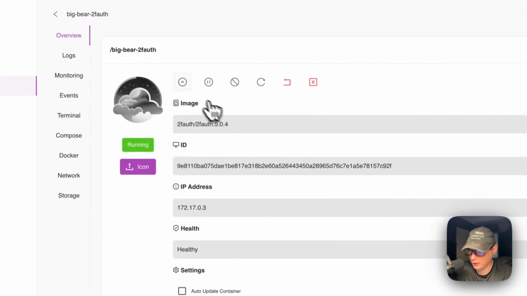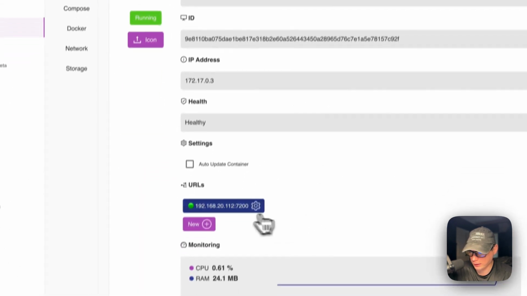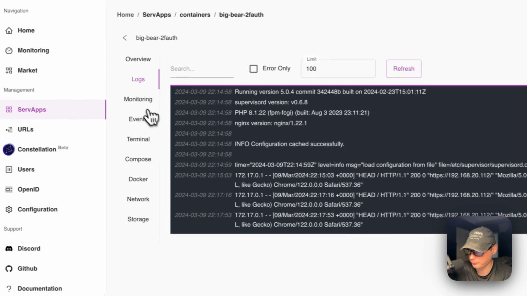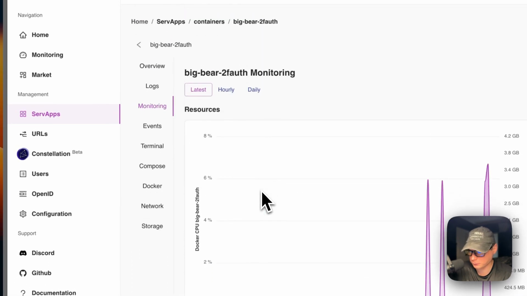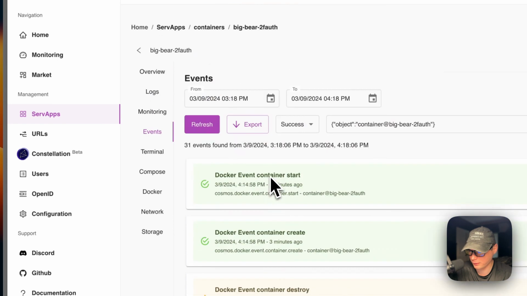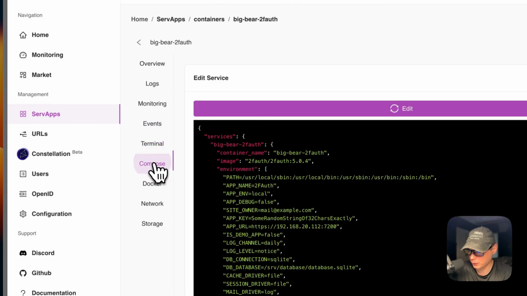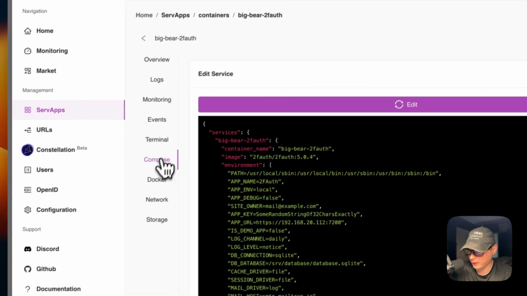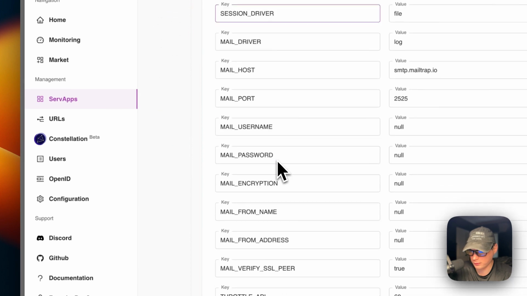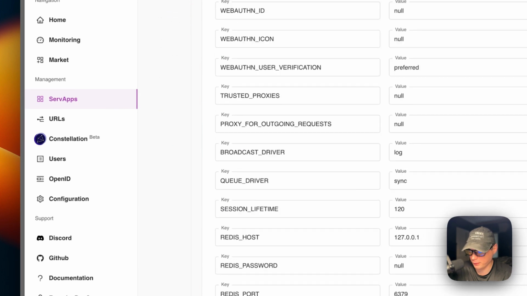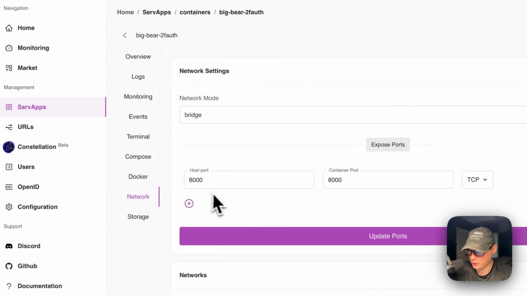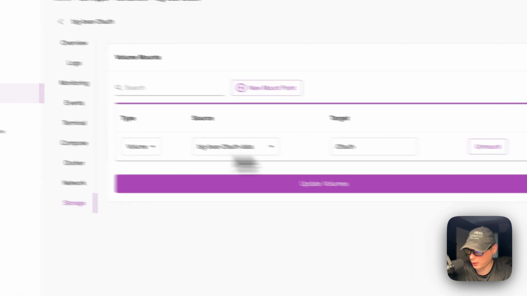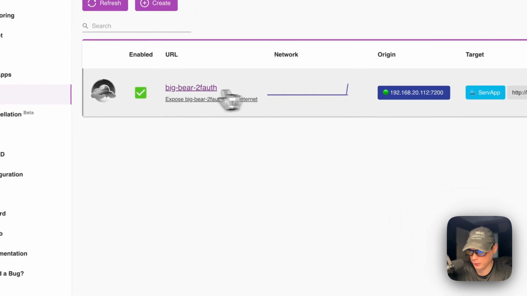You can go into it and you have the same options, and you can see the URL, and then you can come down to logs. This is great for debugging, monitoring, and events that happen, the terminal, the compose, and then Docker where you can edit, and then networks, and then storage. If you go over to URLs right here, you can edit your URL, so you can go